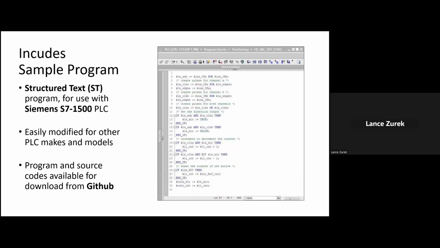Finally, one of the most important new features. Now, unlike any of the previous 24-volt models that we've discussed up until now, the new 24-volt Training Factory Industry 4.0 also includes access to a sample program. This program, in structured text format, was created based upon a Siemens S7 1500 PLC,